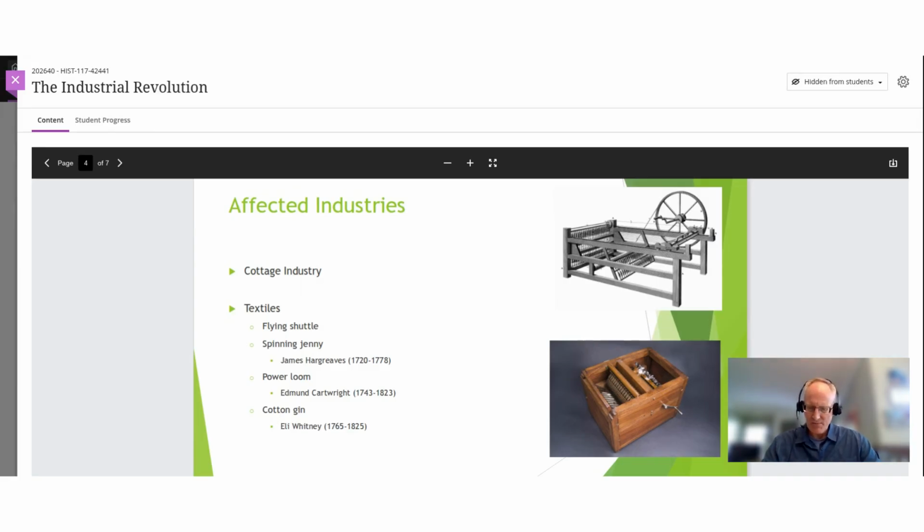So, to describe a cottage industry, this is essentially where you have a small scale, largely decentralized production of goods and centers of production. Usually, it would be on a contractual basis. So, there might be a merchant who would travel around to individual households, individual cottages, and begin to deliver raw materials, using textiles as an example.